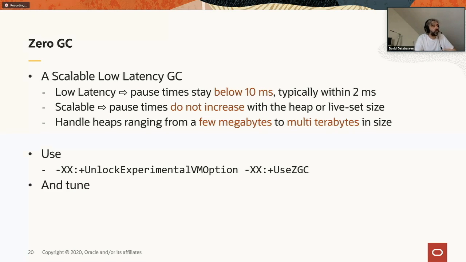To tune ZGC, the thing that you need to do is just set the heap size. One of the design goals of ZGC was also to provide a default behavior that avoids any tuning. Obviously, you still have the ability to do more tuning than just setting the heap size, but by default, ZGC should give you a good result with just setting the heap size.